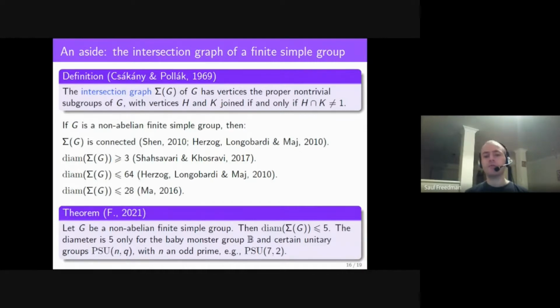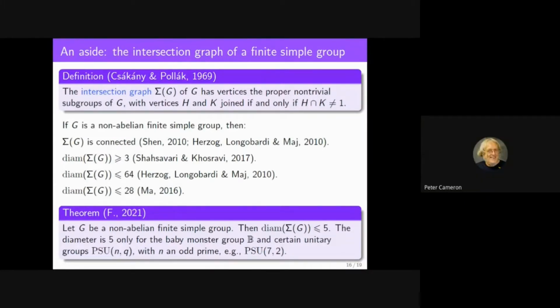Yes. This prime graph, for anyone who doesn't know, is related to a group G, and the vertices are the prime divisors of the order of G, with two vertices P and Q joined if and only if G has an element of order P times Q. They used this strong connection between this intersection graph and that prime graph. So this is another connection between a graph with vertices subgroups and a graph whose vertices are not the elements of the group but something else entirely. So again, I wouldn't be surprised at all if there are more connections like you suggested.